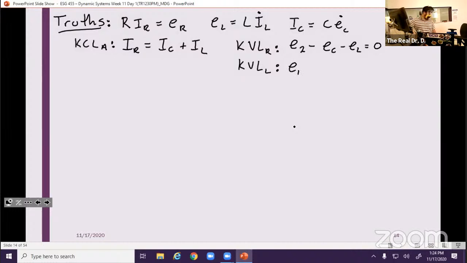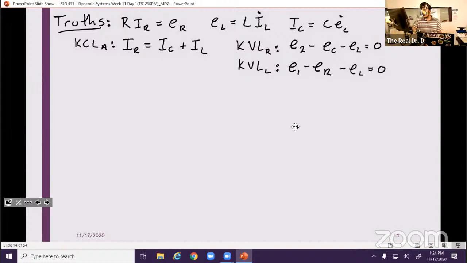Tells me E1 minus E_R minus E_L is equal to 0. That's all of them. Right, that's everything that I need to start my reduction. And so